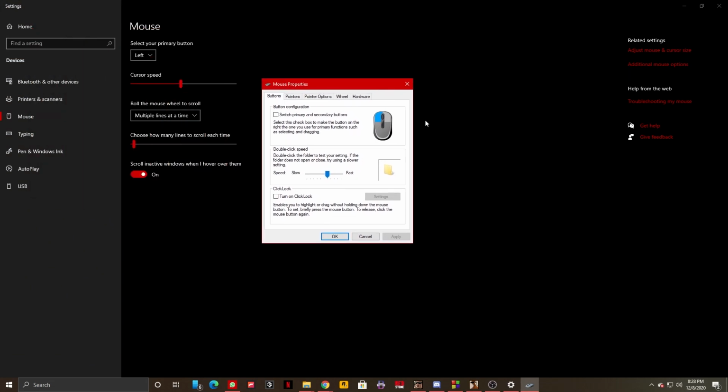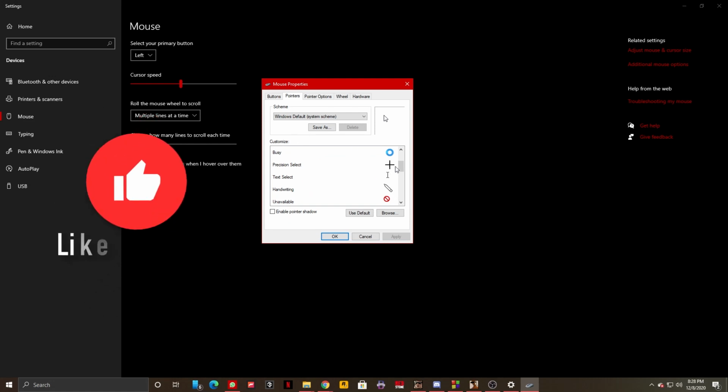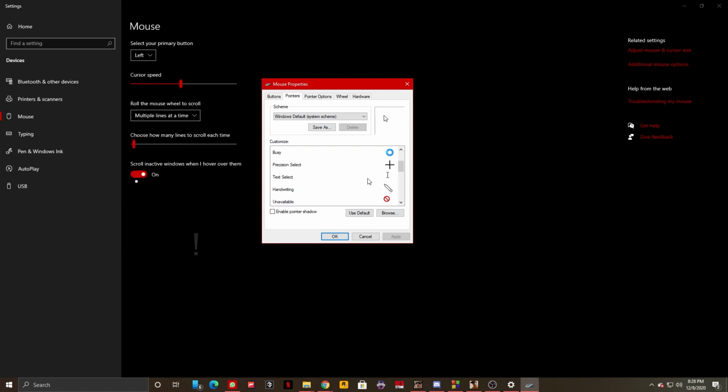In order to change our pointer, we are just going to select pointers. Here, you can see you have a bunch of options of cursors that you can select. Some of them have special uses, like when something is loading, but you can also change your normal cursor. You can either use the default options that Windows gives you. For example,